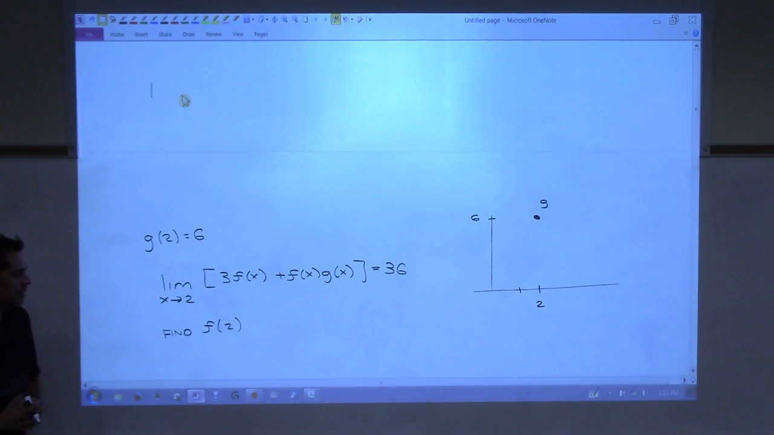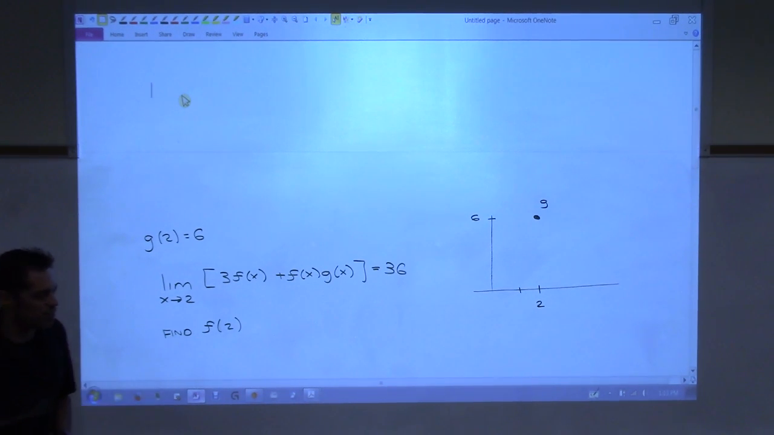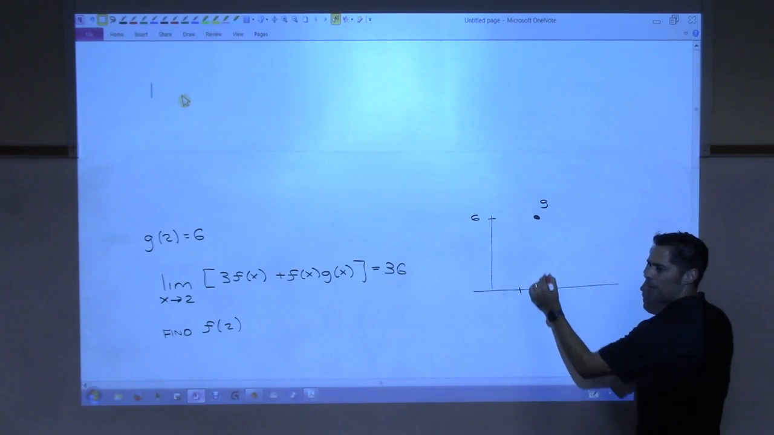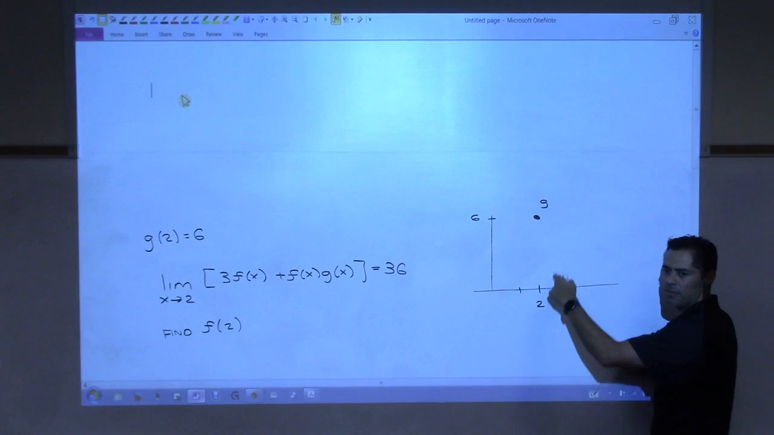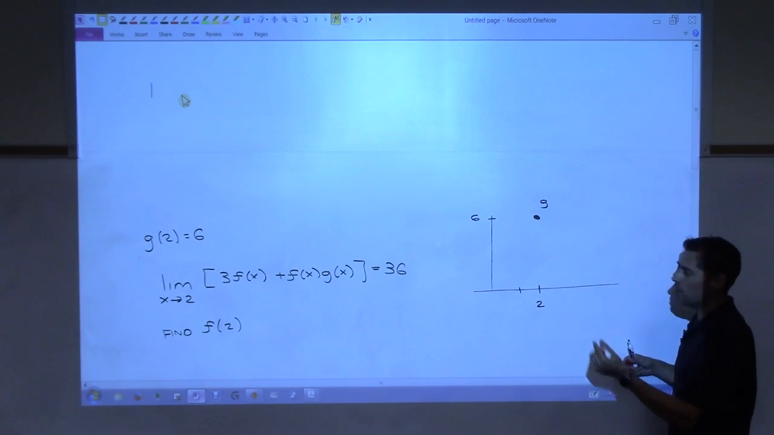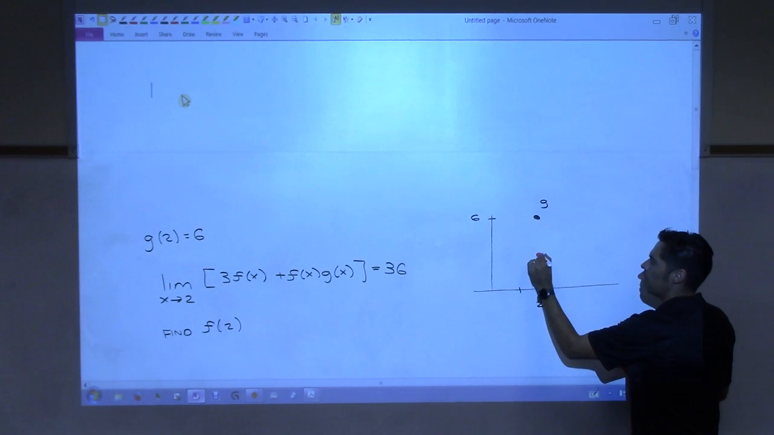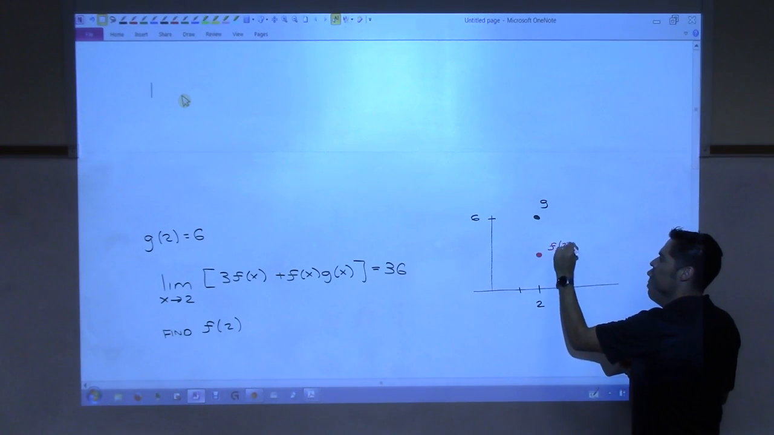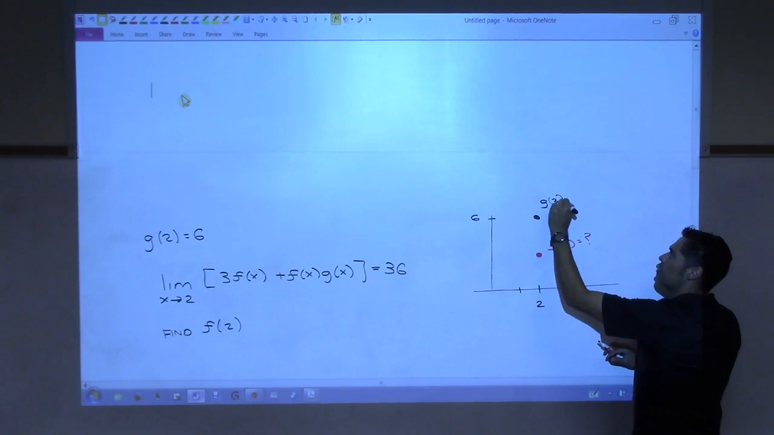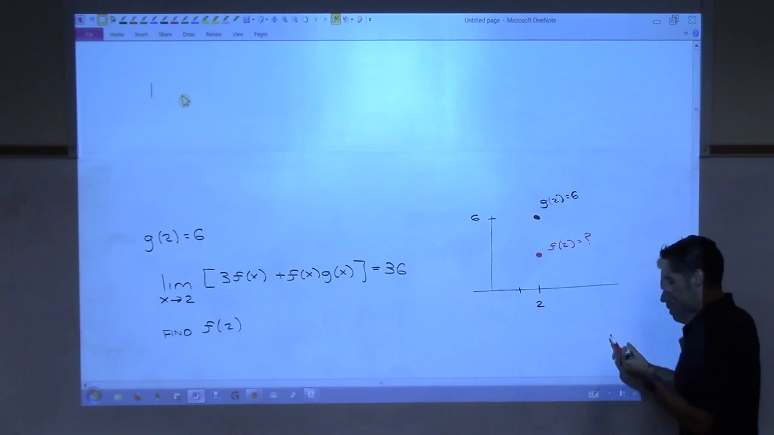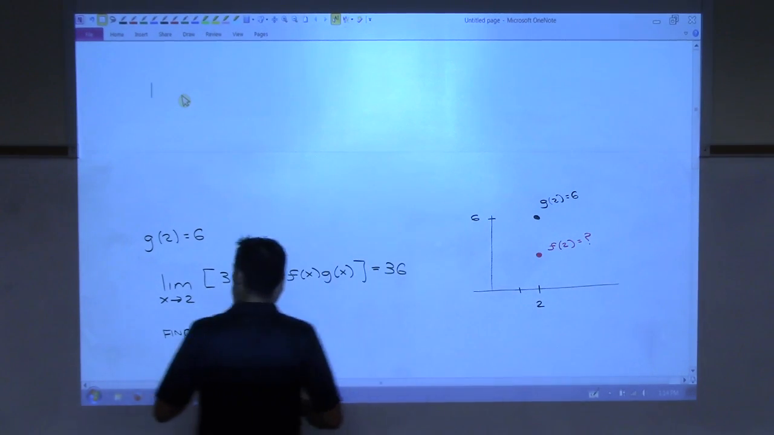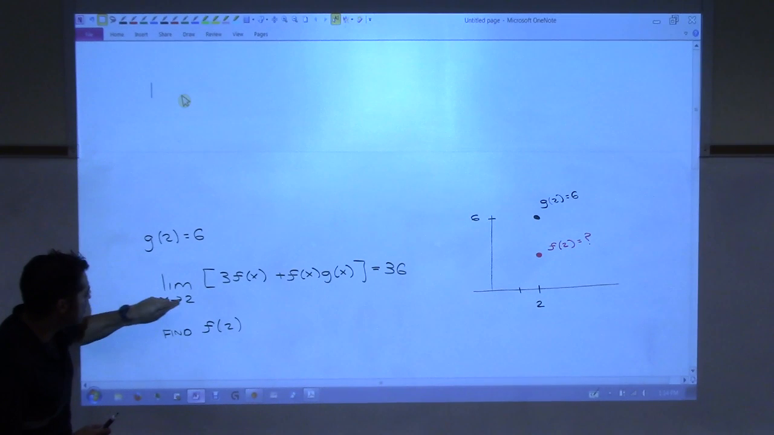All right. I'm supposed to find f of 2. So somewhere around here at 2, f lives somewhere. How do you know that f is defined? It's continuous. So it lives somewhere, right? I don't know where. This is f of 2, and this is what we want to know. This right here is g of 2 is 6. That's that point. What I'm given is that if I take the limit as x goes to 2 of